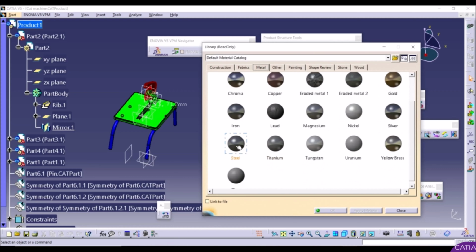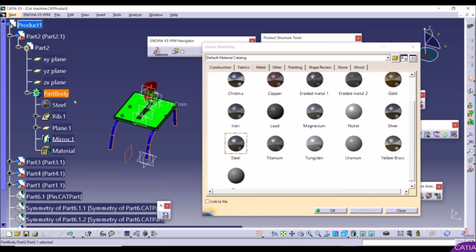And let's go down to the steel. So let's select here part body, this one here. Let's select here steel. And let's go with apply material like this. And now you can find here steel, as you can see. So you can only add one material per